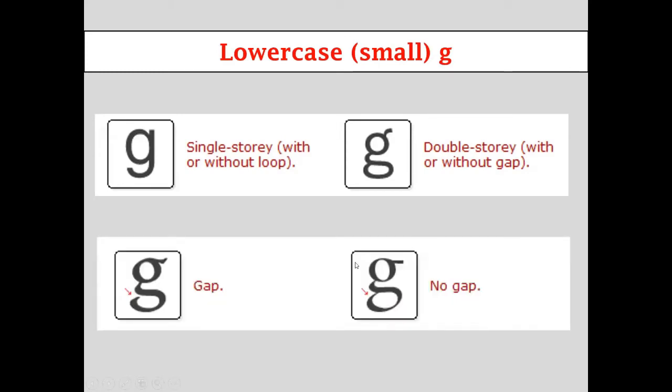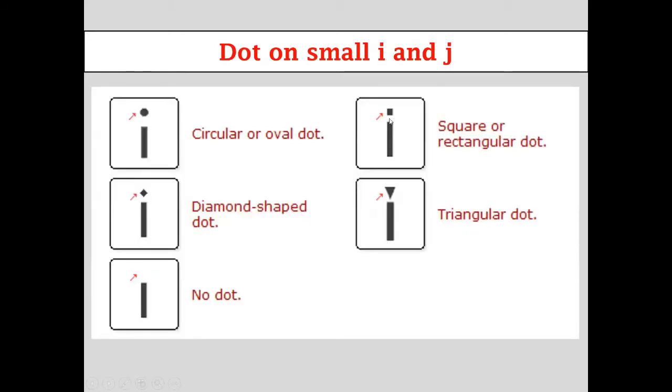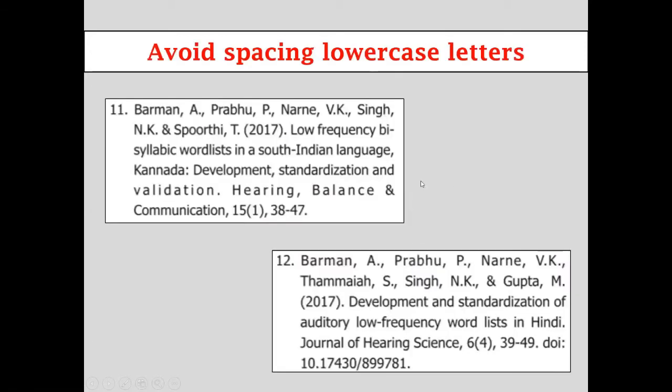Lowercase g, even the dot on the letter i, it could be a circle, it could be a square, it could be a triangle, it could be a diamond, whatever. So there are some good practices and bad practices. For instance, the particularly bad practice is to allow